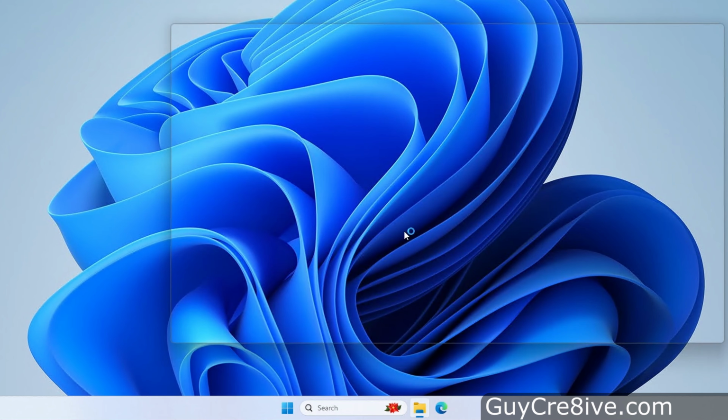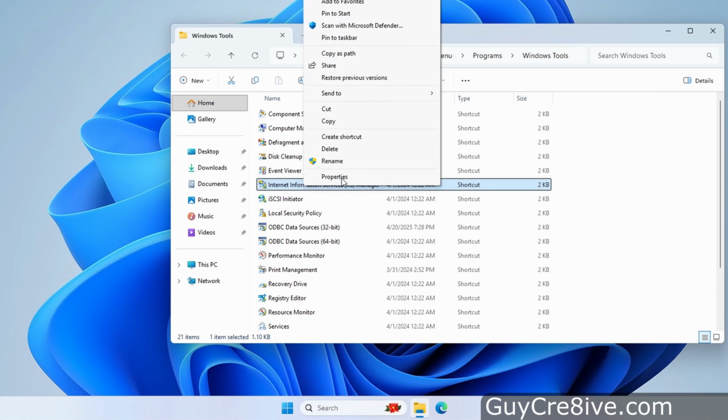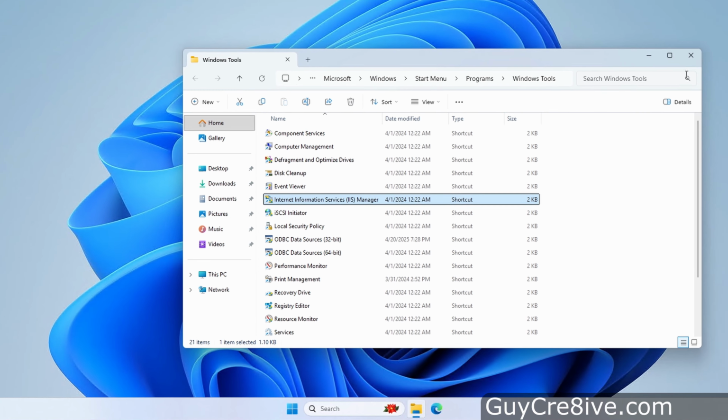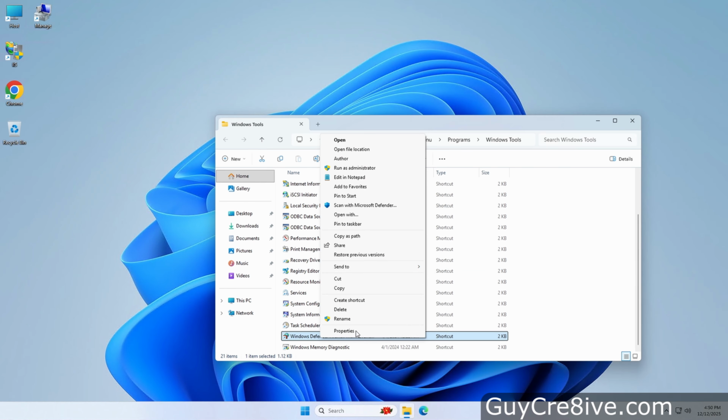So I will right-click on the Internet Information Services Manager shortcut, and then go over to click on Show more options, then up to hover over Send to, and over to click on Desktop (create shortcut). And that is how I add shortcuts to the desktop, so I will go through and add a couple more that I use to manage my host computer before moving on to download and install the .NET Core 10 hosting bundle. So after I have my desktop set up how I want, I will open up Chrome